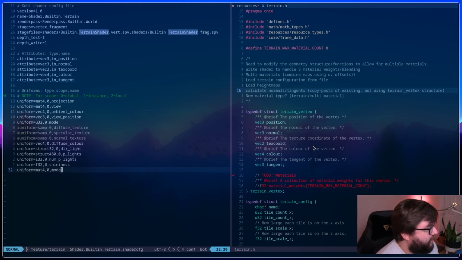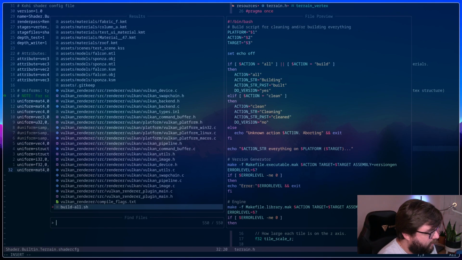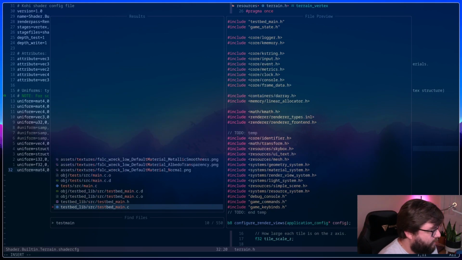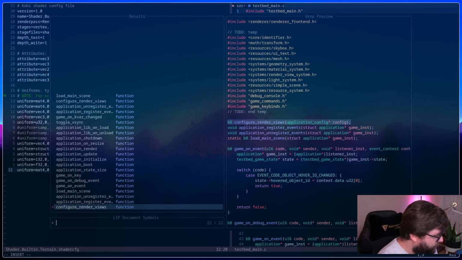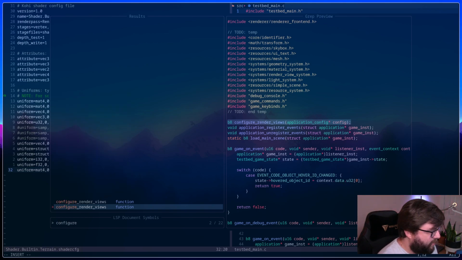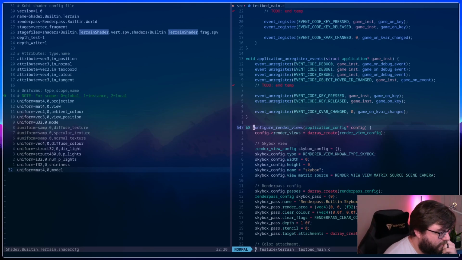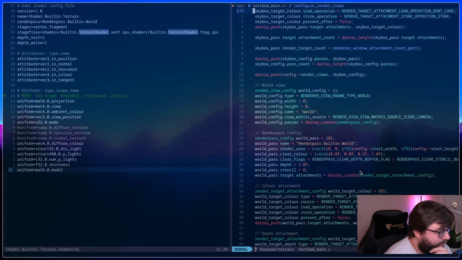I guess the other thing that I could kind of compare it to, I don't think it's this, but configure render views. We want the actual definition. Let me take a look at the world view. So this is the pass that we're associating it with.